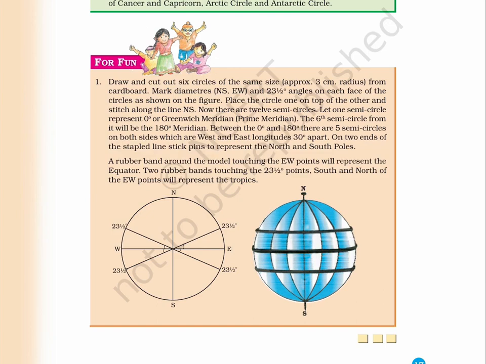On 2 ends of the staple line, stick pins to represent the north and south poles. A rubber band around the model touching the EW points will represent the equator. 2 rubber bands touching the 23.5 degrees points, south and north of the EW points, will represent the tropics. The Chapter 2 of Total